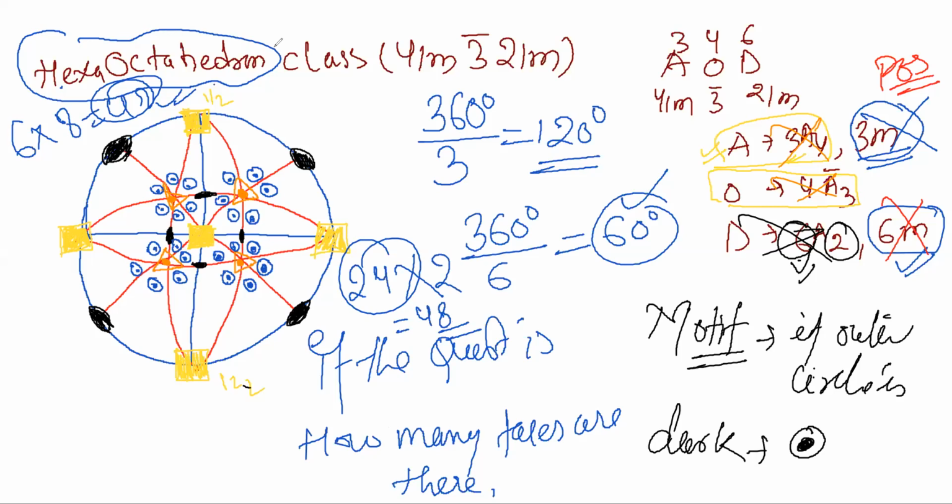Getting my point or not? Is it clear? Still, if you have any queries related to this, you may ask, because this is important for MSQ as well as MCQ. Both types of questions are asked from these types of stereographic projections. This was for the cubic system, and specifically for the hexaoctahedron class. All right. So let's finish it.